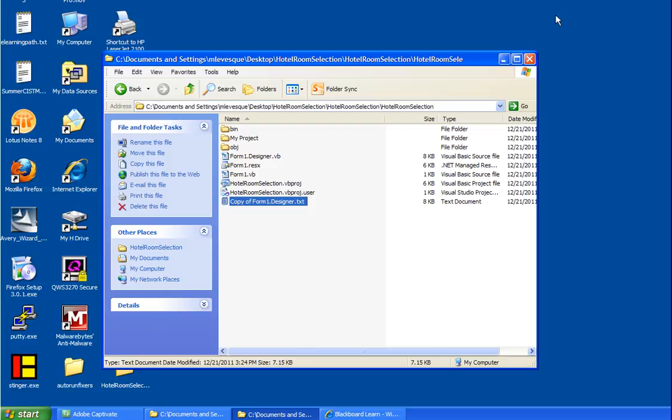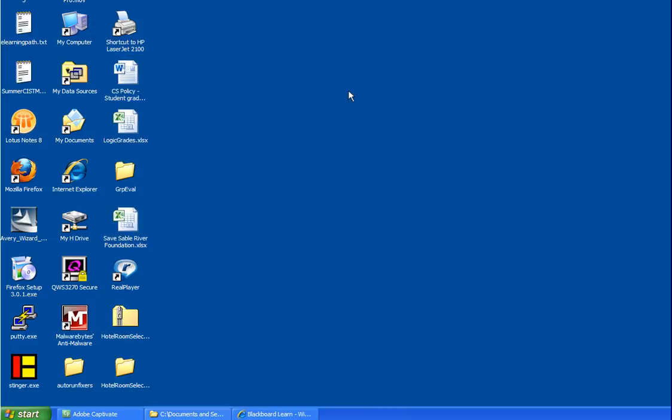So those are the two items we check very quickly just to make sure you're on the right track, that you've created a form correctly, and that you have named it correctly, zipped it correctly, submitted it. We want to find out if you have any problems with this very early on. Okay, finally,